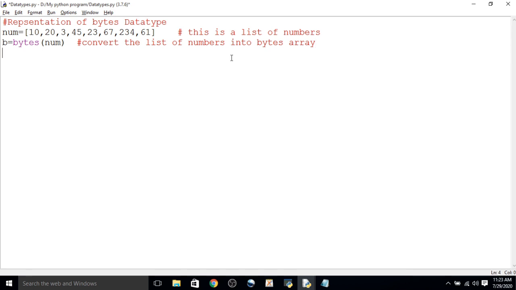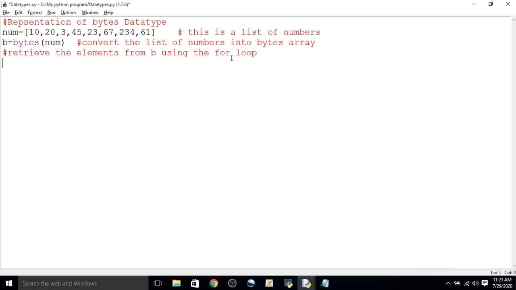Now we have to display that bytes array. We have created a byte array from the list of numbers and we want to display it. To display those numbers we are using a for loop, to retrieve the elements from b. b is a byte type array.